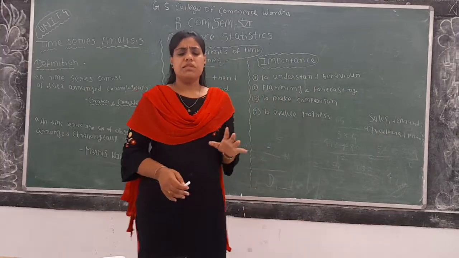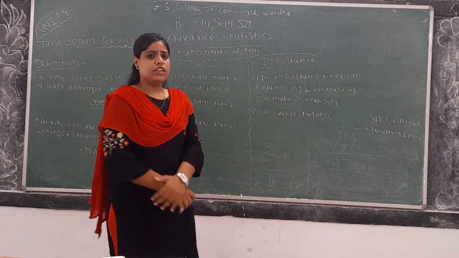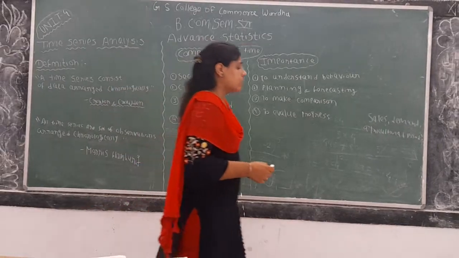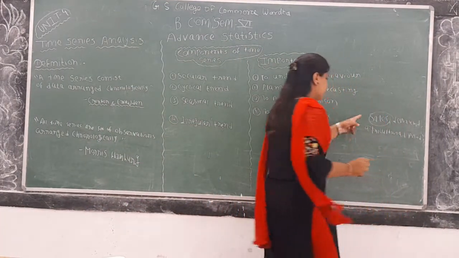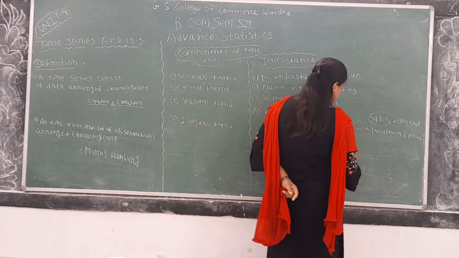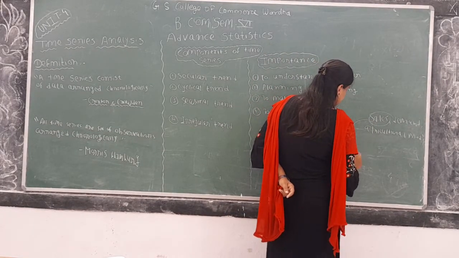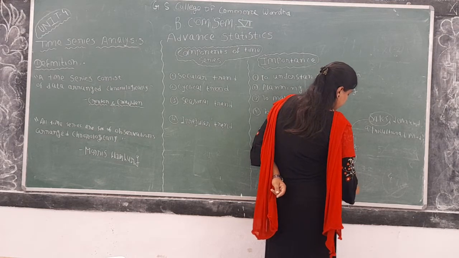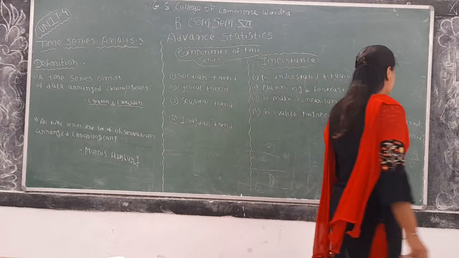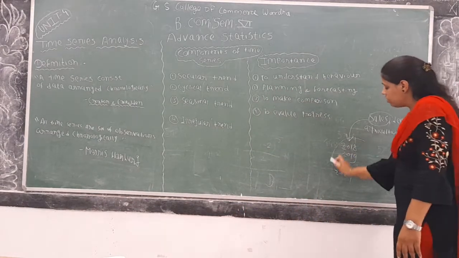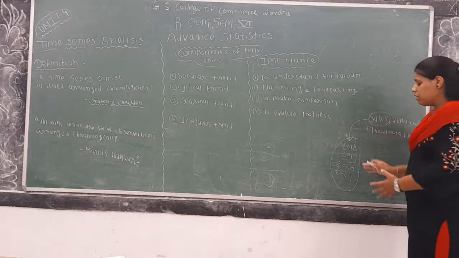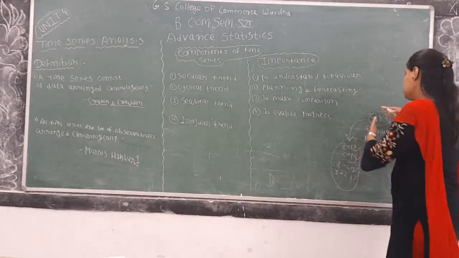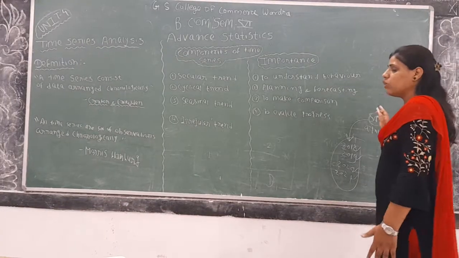So there are many elements. Data may be related to national income or so many things. There may be data related to various elements which are collected during various points of time, like data of sales for 2018, data of sales for 2019, data of sales for 2020, data of sales for 2021. So when we are talking about this data of sales, here I have given the different time periods. Okay, so here we have different points of time, different time periods for which the data of sales is collected.